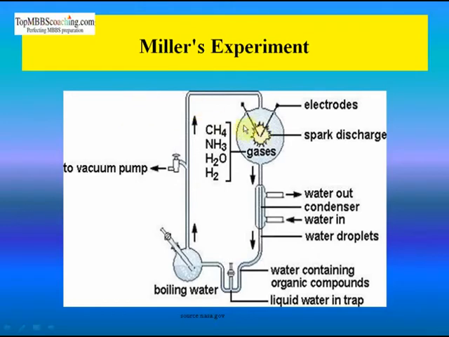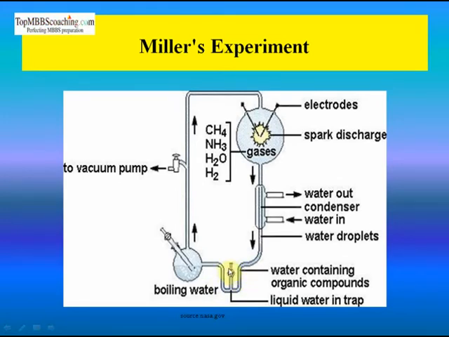What he did, he took all these gases in this jar and created electric current. And this is boiling water. Vapors produced in this boiling water came into this jar. And here this is the water condenser, from where water vapor is converted into condensed droplets. And here the color of the water is changed, it is red in color. So it is water containing organic compounds. And here is the liquid water in the trap,